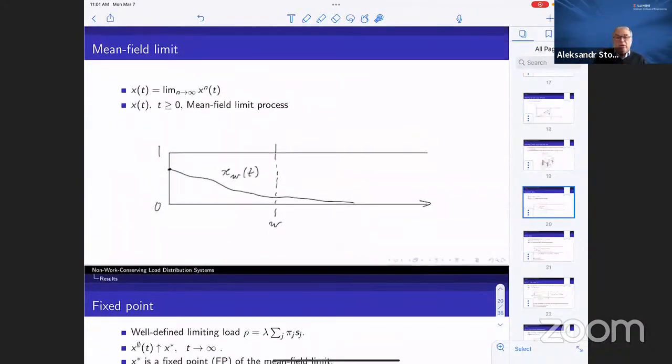Okay, we are looking at the mean field limit of the system, so n goes to infinity. Naturally, we're looking at the transient behavior of the process. The tool to get the asymptotic steady-state distribution is to look at the transient behavior. So x_t is the limit of the transient behavior of the system as n goes to infinity. This process, which in this case happens to be a well-defined deterministic process, we call the mean field limit process. So you have this function, this is your state at time t, and it evolves in time.